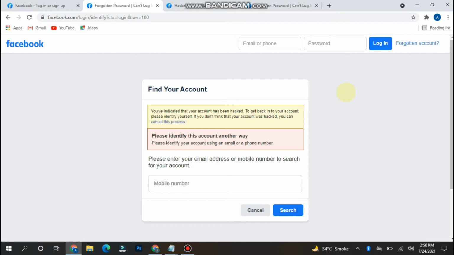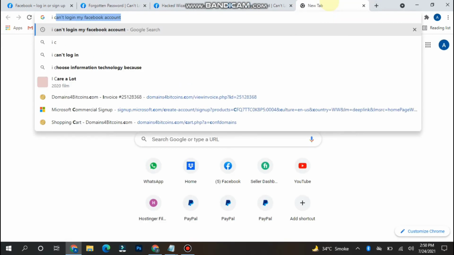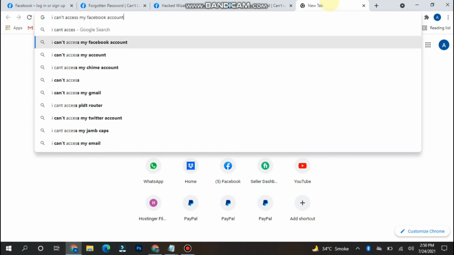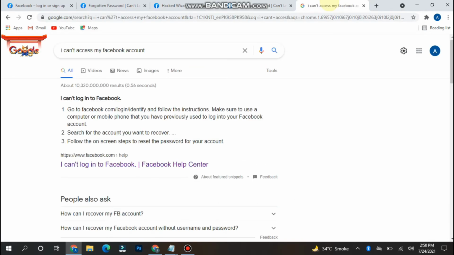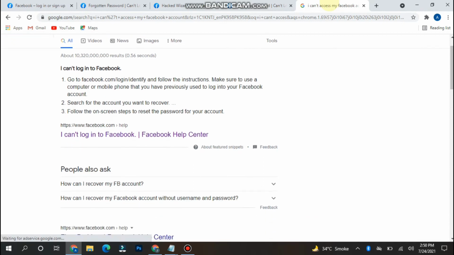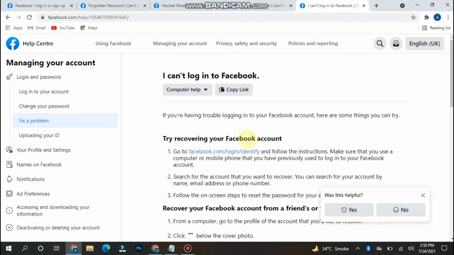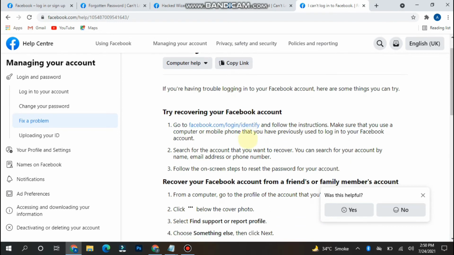Okay, if you still want to get access to your account, search for I can't access my Facebook account. And once you search for it, now you will see a link on the top. So here they give us steps to recover your Facebook account. So try to recover your account. Go to facebook.com/login/identity and follow the instruction.